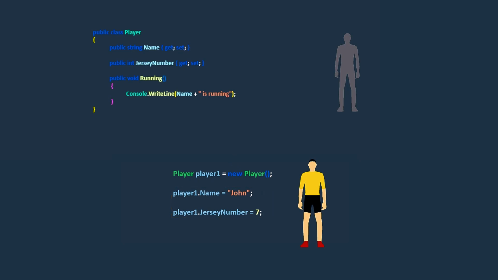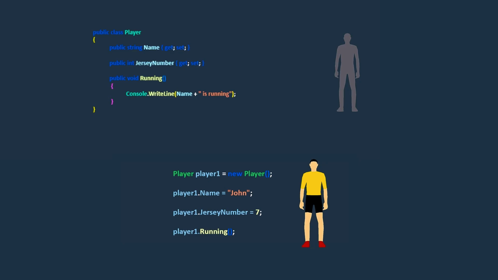To illustrate how we can use the player class to perform tasks related to players, we invoke the running method on the player1 object to output a message indicating that John is running. Alright, as mentioned earlier, we can register as many players as needed using this class in our application.